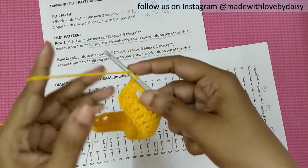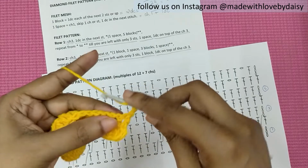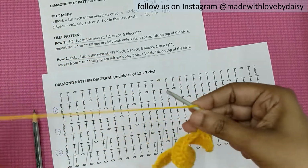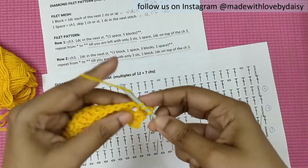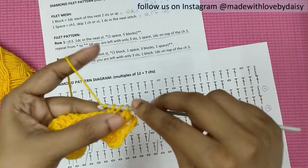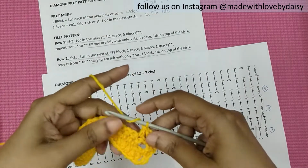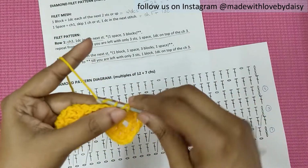So let's start working this row. So chain 3, 1 DC in the next stitch, and then we have 1 block, so that is 1 and 2 DCs, and we have 1 space coming up next, so chain 1, skip 1, 1 DC,